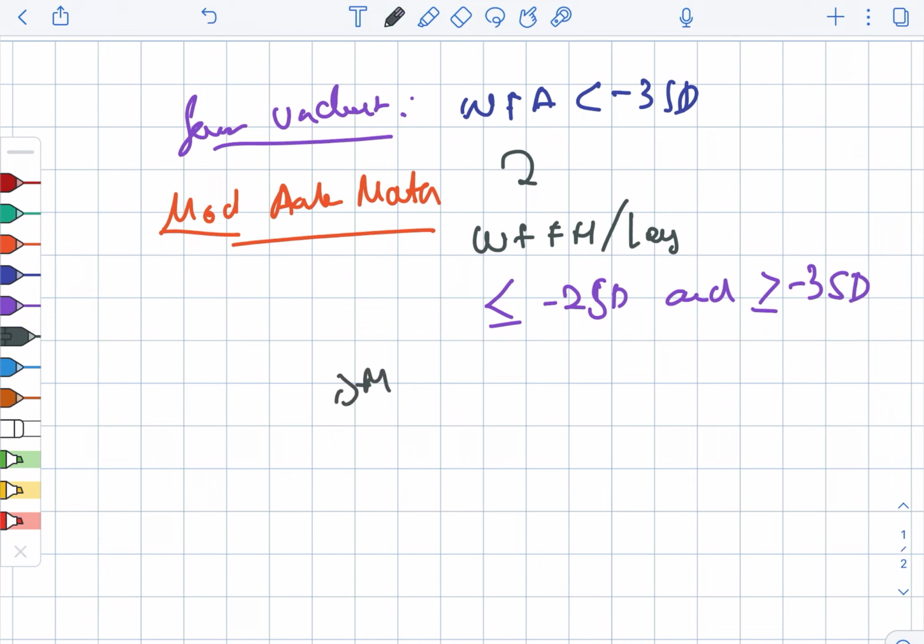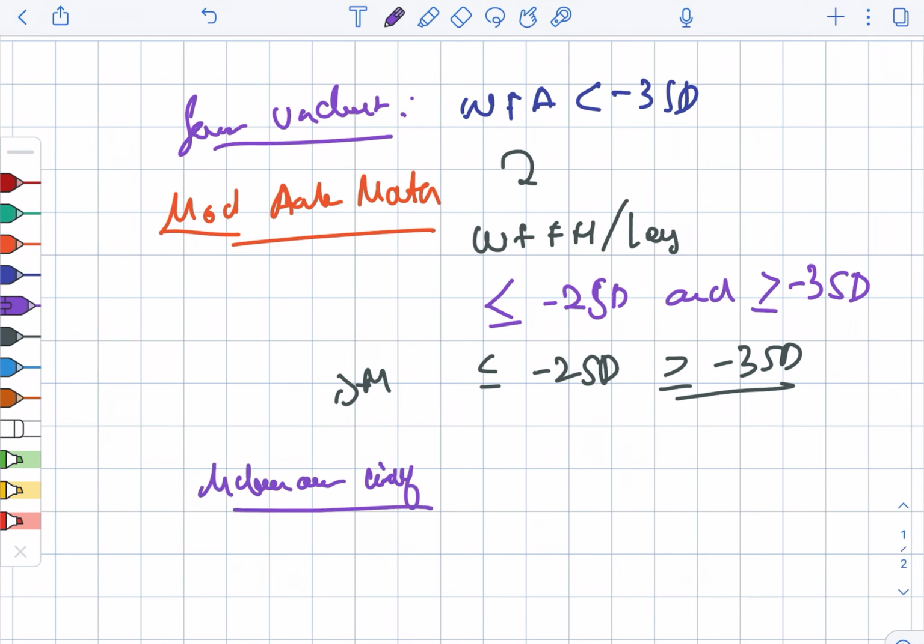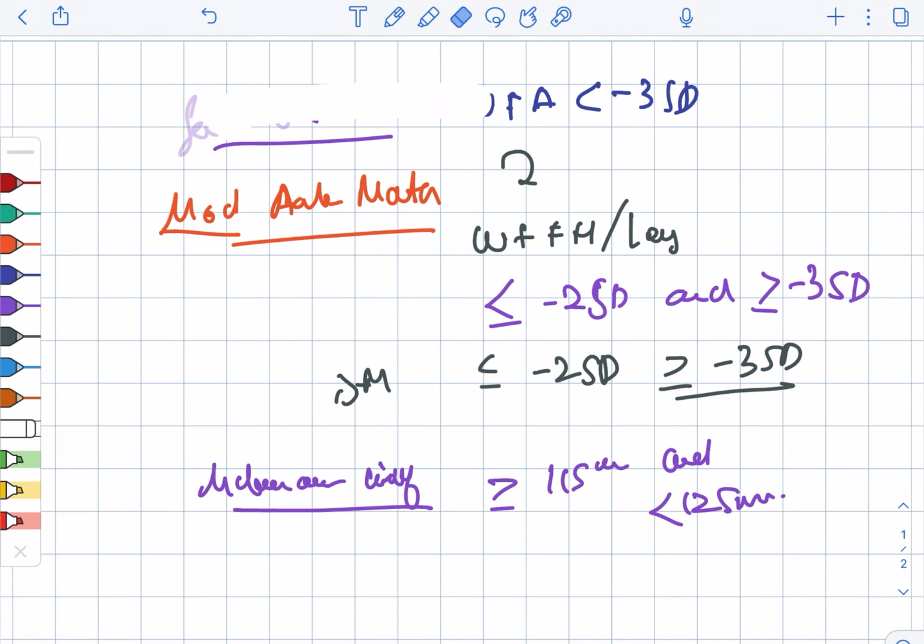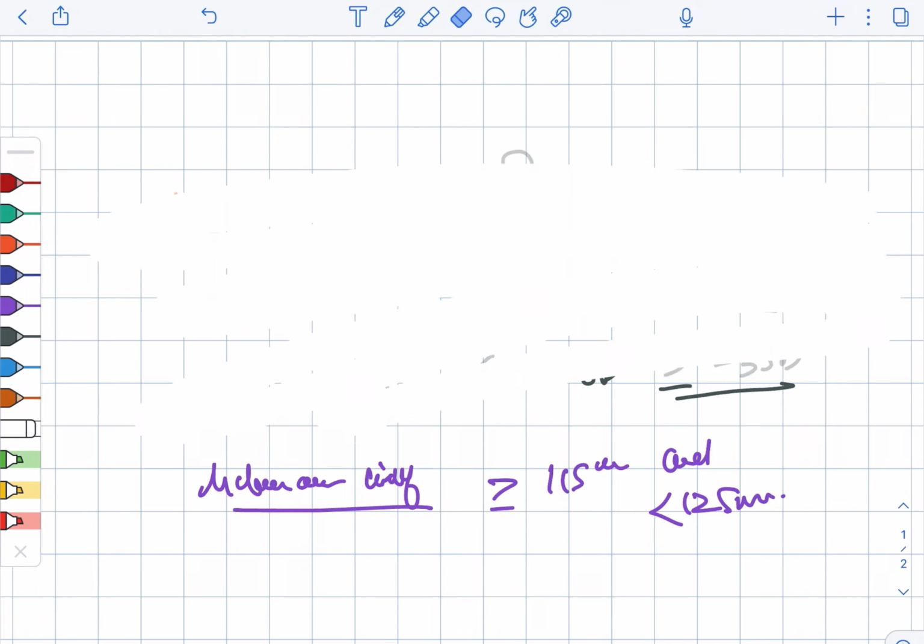BMI here is again the same, less than or equal to -2 standard deviation and greater than or equal to -3 standard deviation. Here the moderate acute malnutrition, here the mid upper arm circumference is greater than or equal to 115 and less than 125 mm. Then looking at severe acute malnutrition,